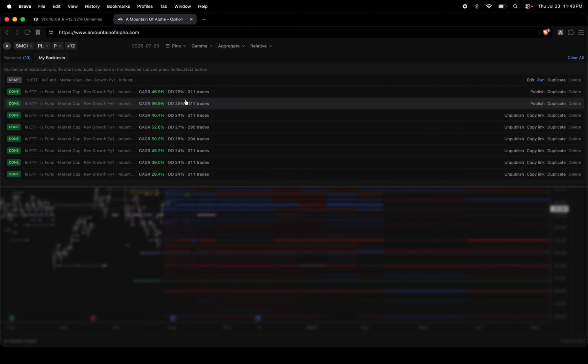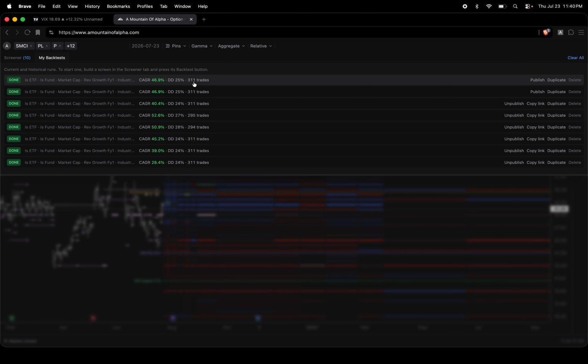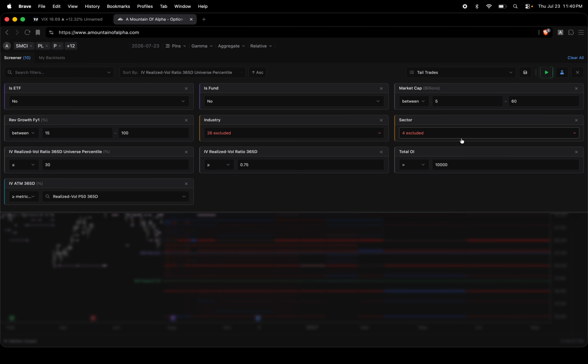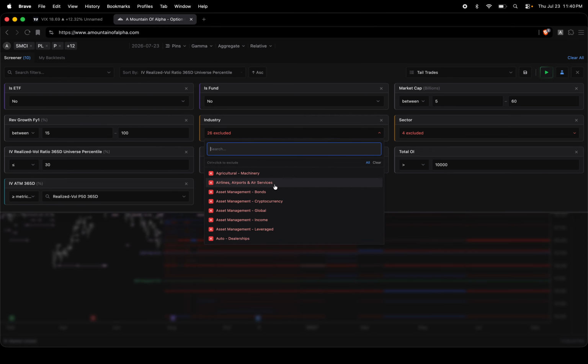You could kind of modify those things. Now, there's not a lot of these trades that happen. And I talked about that previously. And if I run this backtest, this one versus last time is I excluded a lot of other